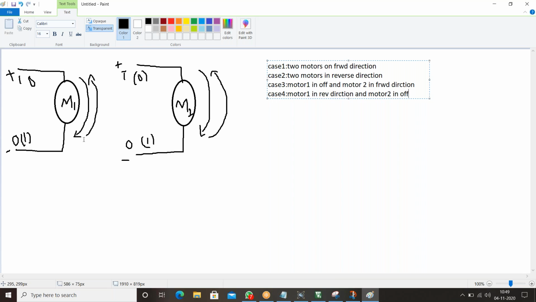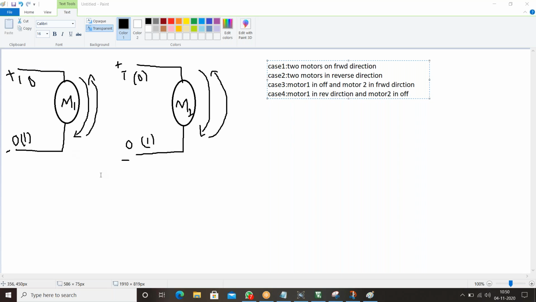If these two motors want to rotate in forward direction, input 1 becomes 1 and input 2 becomes 0. It's all no confusion, right? If a motor wants to rotate in forward, input 1 should become 1, input 2 will become 0. We give 1 to the positive terminal and 0 to the negative terminal, and it rotates in forward direction.